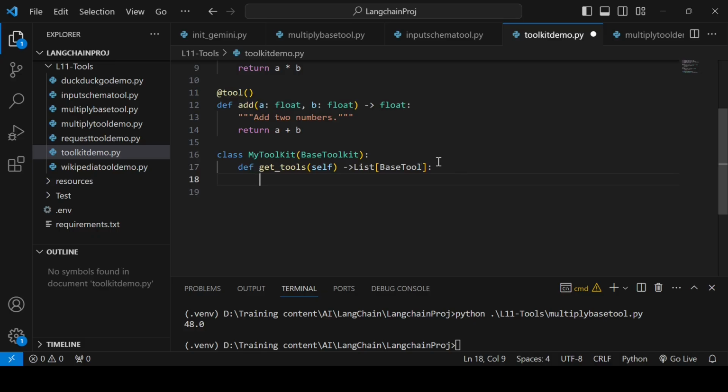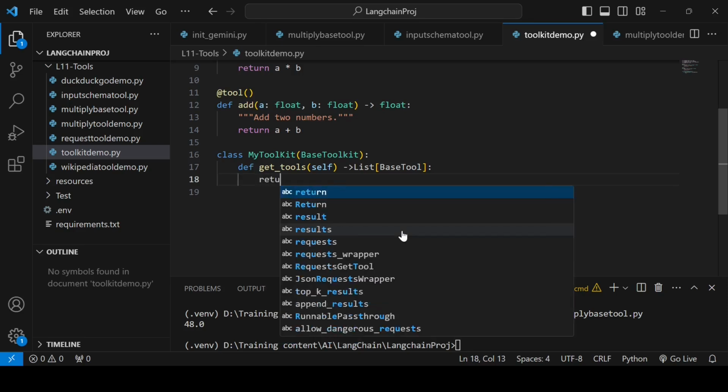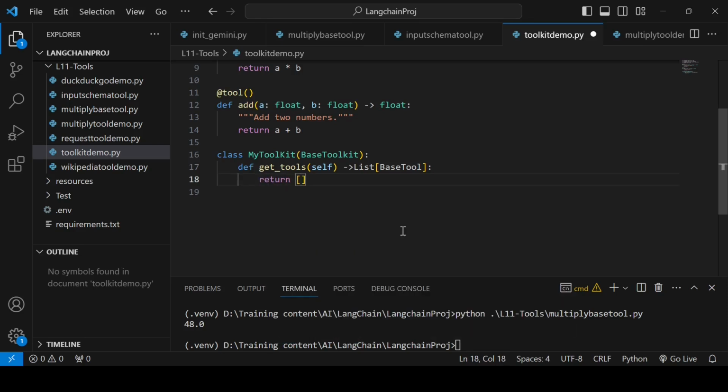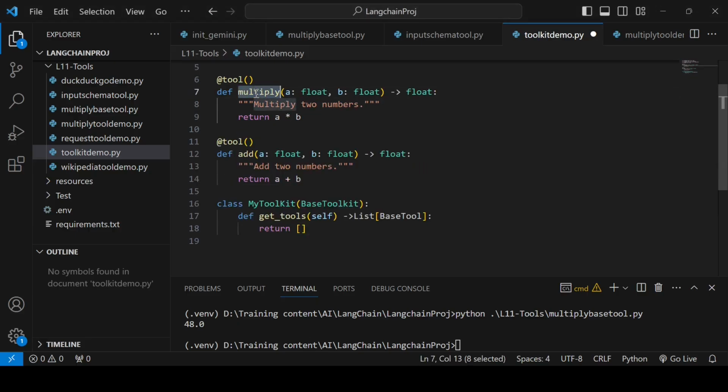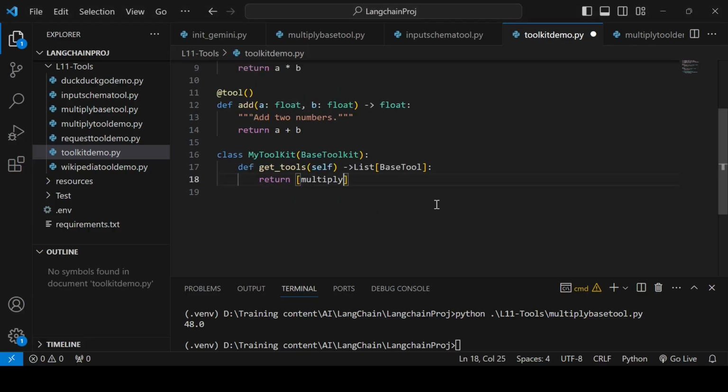You give BaseTool as a type here, which is the parent of all the tools. Now I can return these two tools here, which are multiply and add. By default the name is the same, so multiply and add. That's it. My toolkit is ready, which bundles these two tools.